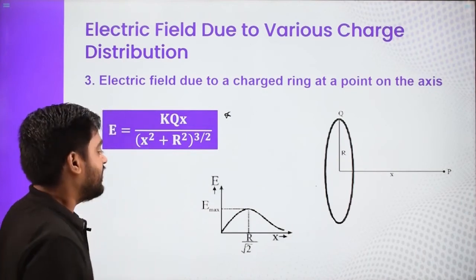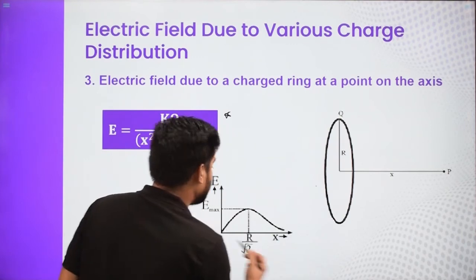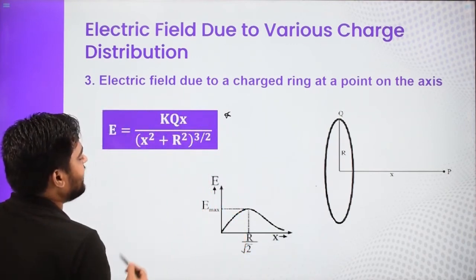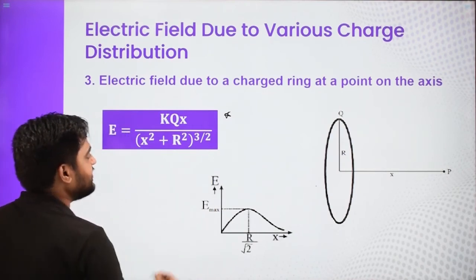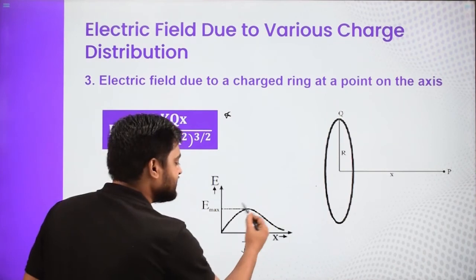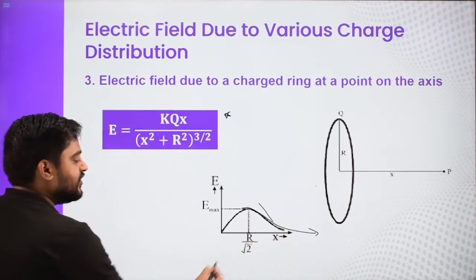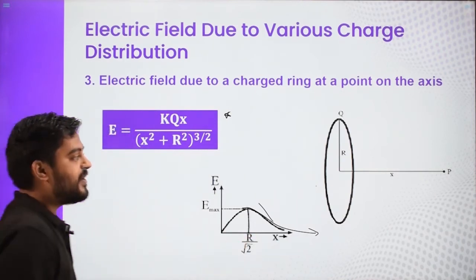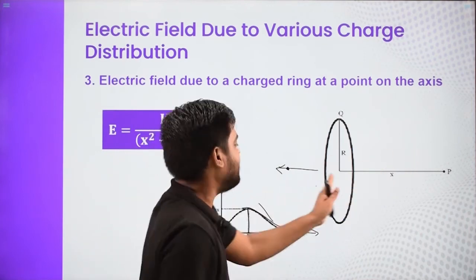What is the graph of this? So the x versus E graph is drawn over here. If you see, this is proportional to x. If x is very small, then for this small region it is proportional to x, and you can plot this graph. This graph gives us a maxima and then it approaches zero like infinity. It gives us maximum electric field at a distance which is r by 2. Due to symmetry, if x is negative, it means we are talking about a point which is not on that side, it is on this side.